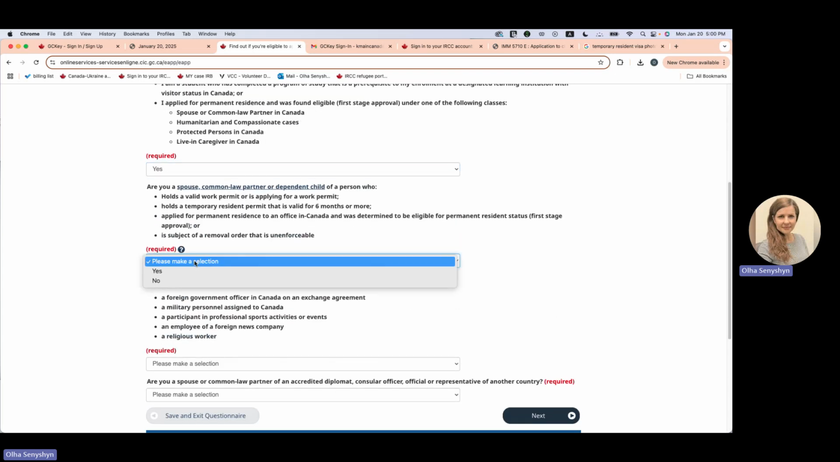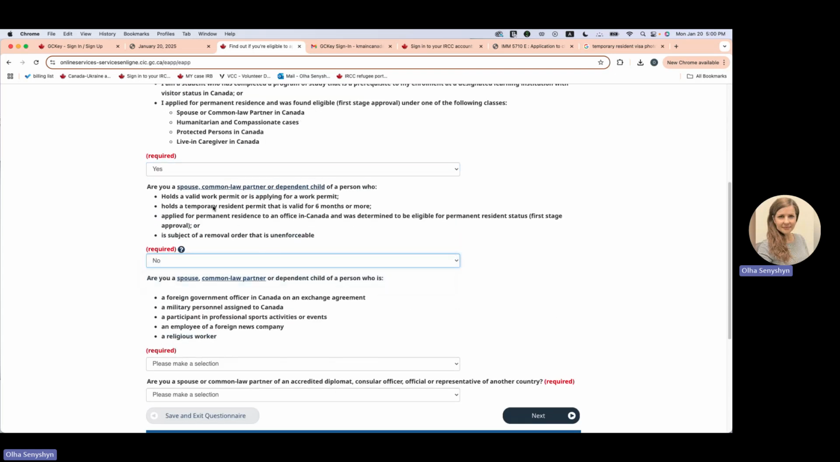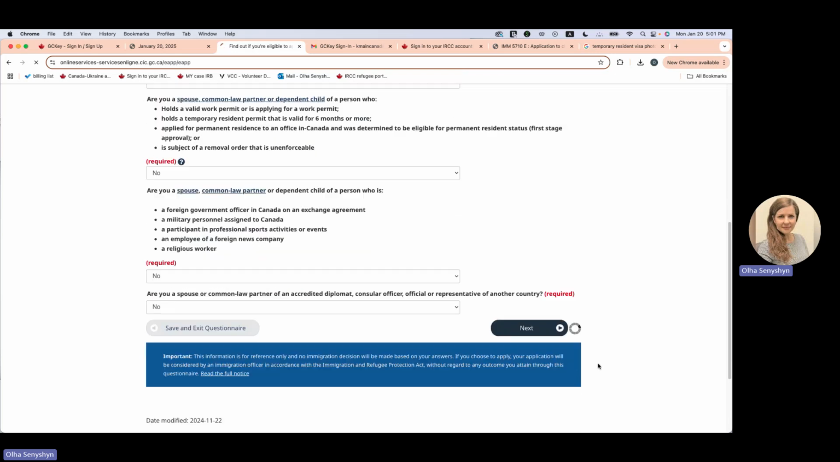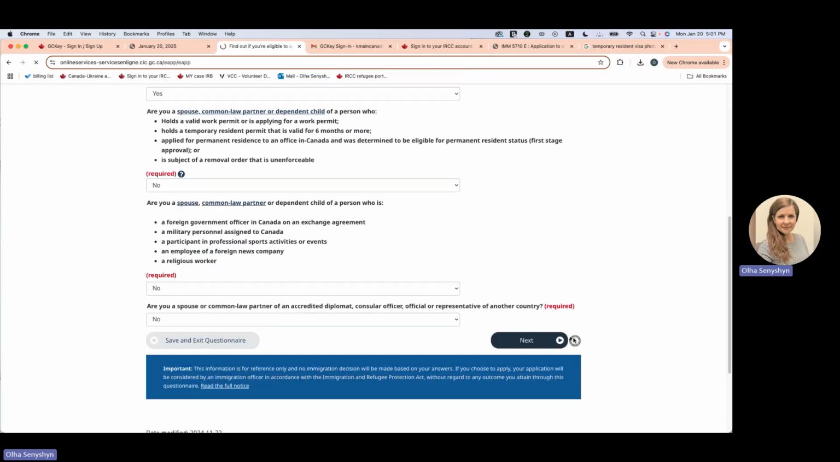And then the other questions are really not applicable to you. You can read this, but this is for different situations. So you could just select no here. And then move on. So every time you finish a page, you click next. And sometimes the portal is slow, so you have to wait a couple of minutes until you get to the